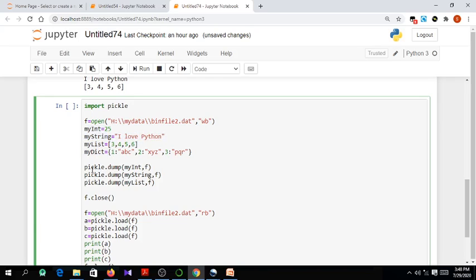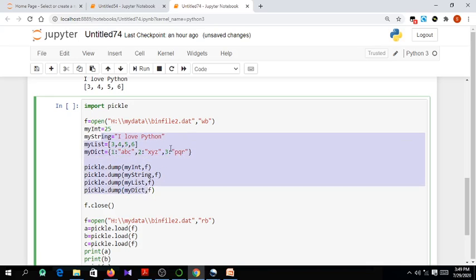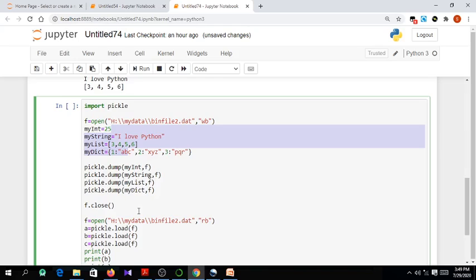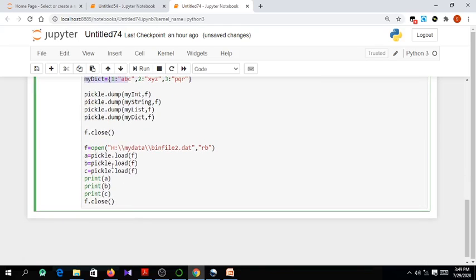Now in the next phase we are writing the integer, string, list. Now let us write the dictionary also. Same program, I am changing it slightly. Okay, so 4 objects are written into the same file. We are using the same file here. So now this file contains all these 4 objects. While reading, we can write the reading part in a better way.